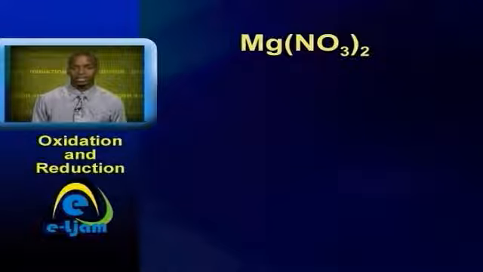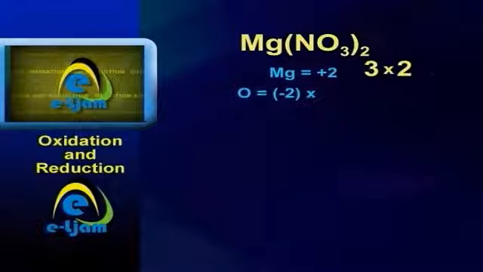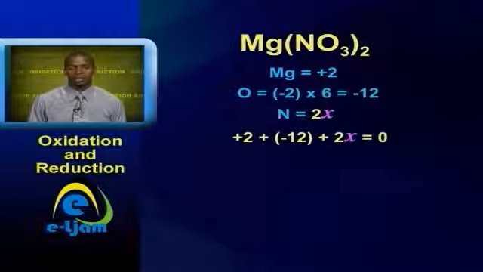So if the oxidation state of magnesium is +2 and the oxidation state of oxygen is -2 times 6 equals -12. Assuming the oxidation state of nitrogen is x times 2, which is 2x, we can form the equation +2 plus bracket -12 plus 2x equals 0. This resolves to